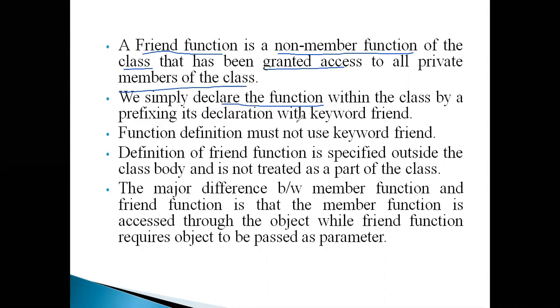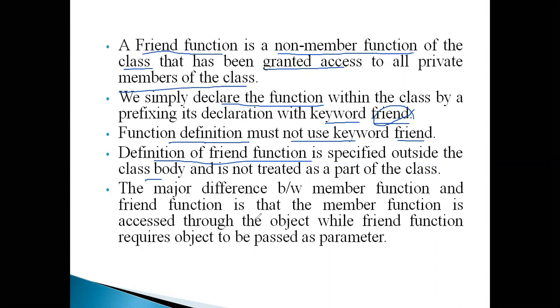So we declare that as a friend function by means of the keyword friend. For the declaration I use the keyword friend, but when I define the function, the keyword friend is not necessary. We cannot use the keyword friend to define a function. Similarly, when I define a friend function outside of the class body, there is no necessity to specify the scope resolution operator. The scope is throughout the program. It is not necessary to specify scope. We can define the friend function as a normal function.